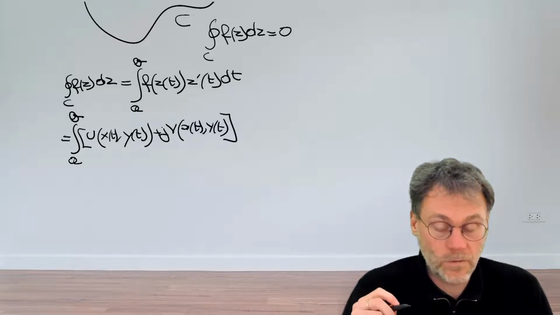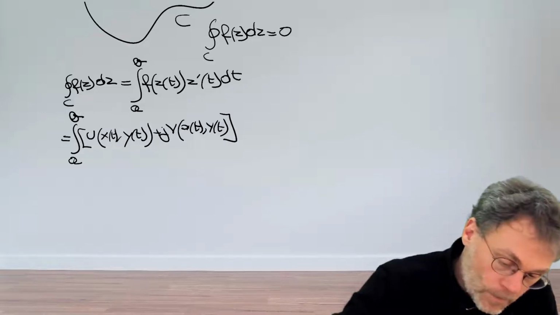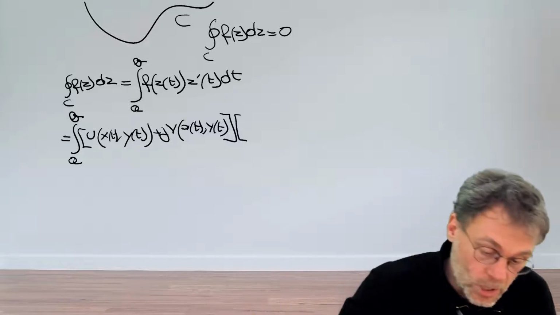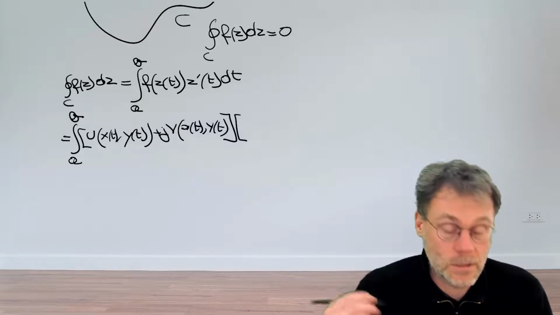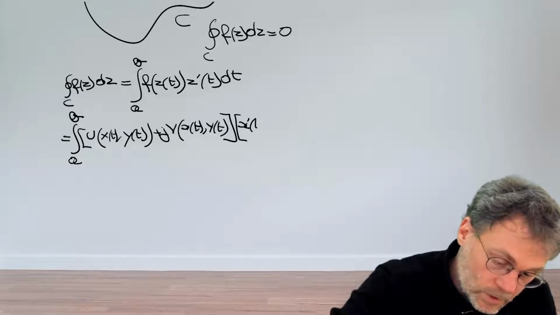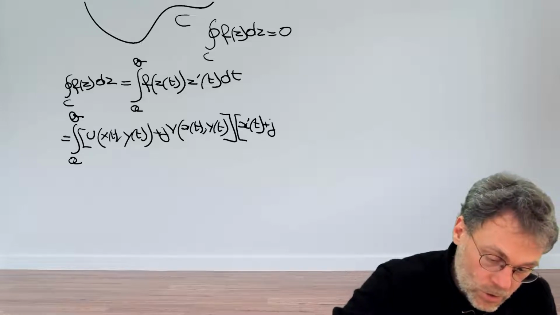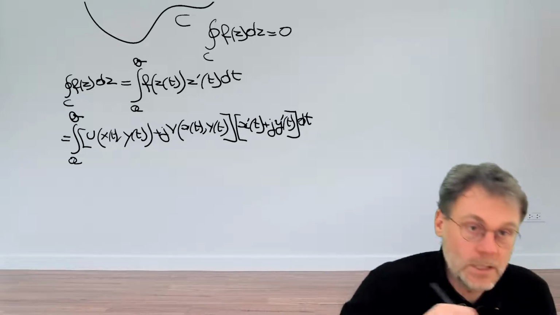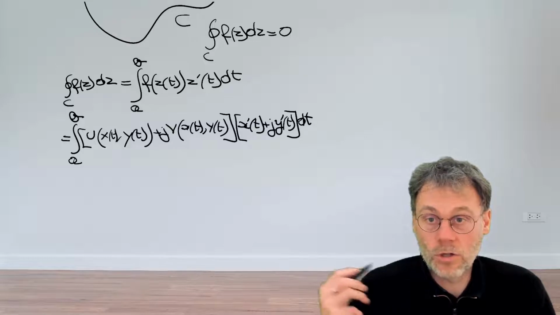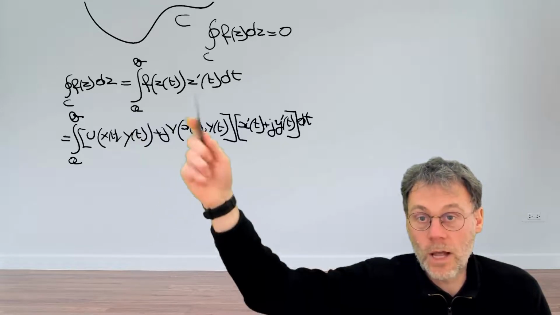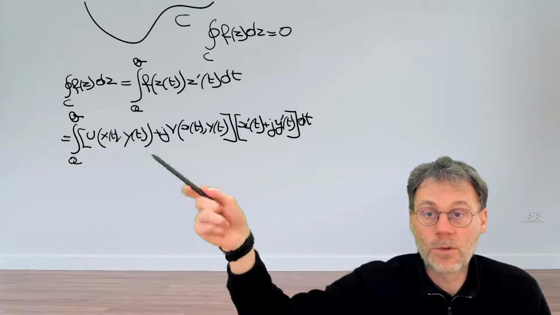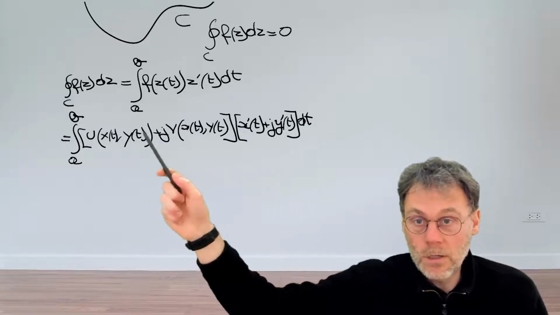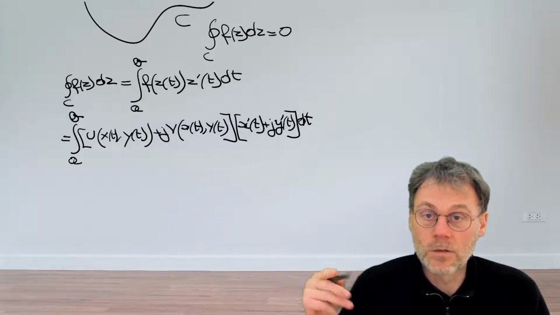Then for our second factor here, z prime of t, well, that we can just simply write as z being equal to x plus jy. We can write this as x prime of t, so the derivative of x with respect to t, plus j times the derivative of y with respect to t, dt. So that's just the definition of parameterization to calculate this particular integral here, and then splitting this up into real and imaginary parts. It looks a bit unwieldy with all of these explicit dependencies on x and y and t,